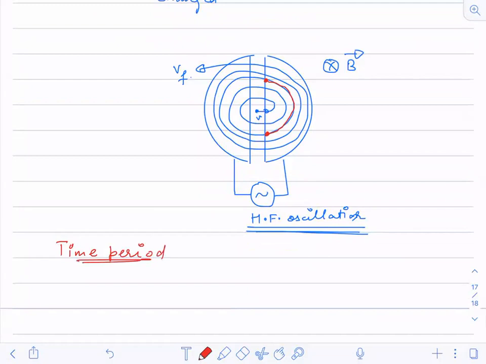Time period. So the time period here will be one complete circular motion. Now for half, it will be what? T by 2, correct? T is the total time period, and for a half circle, what is the time period? T by 2. The time period is 2 pi m by qB, divided by 2, so this 2 also gets cancelled.